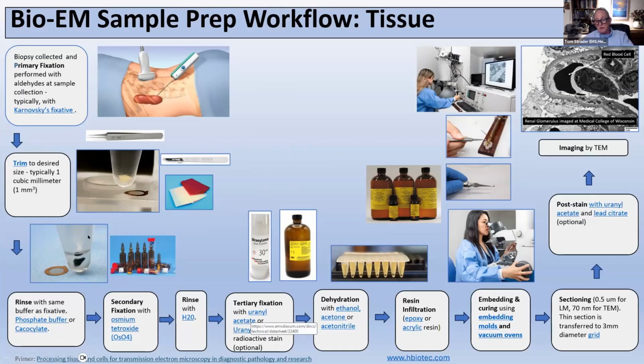As was mentioned earlier, this is a particularly voluminous way to do it using your UA post staining. Droplet staining, I'll call it, that Alice mentioned, is probably the way to do it if you have issues with procuring UA and getting rid of it. Dehydration, we'll talk about that a little bit later. Ethanol, acetone, acetonitrile, infiltration, and trimming and sectioning and putting it on the grid,